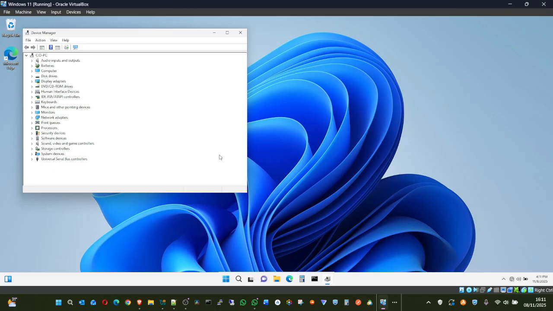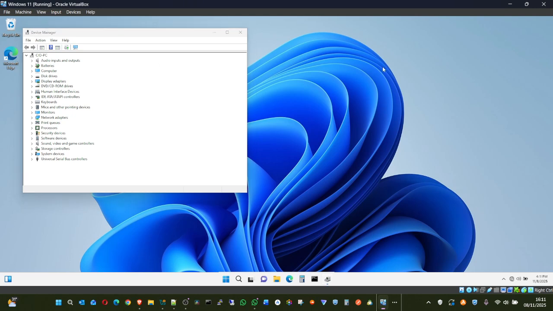Because a computer is made up of multiple peripherals: deck, screen, keyboard, mouse, Bluetooth, USB, speakers, memory, RAM, CD-ROM, network adapter, sound, all of them.